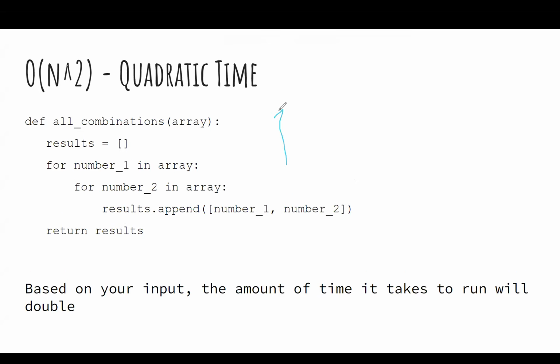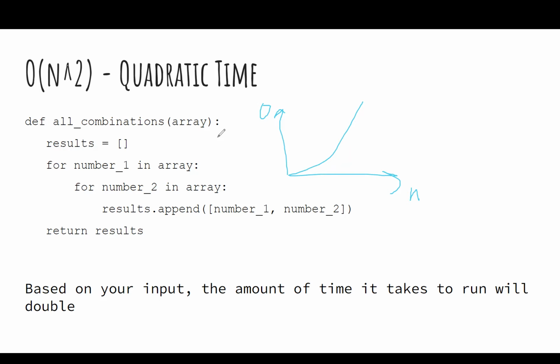For quadratic time, we have our N, we have our O. This one will do something like that. That wasn't great. Let's try that again. Yeah, something roughly like that. Where again, it's basically squaring, right? So let's look at this function with all combinations. If I run this with an array size of 1,